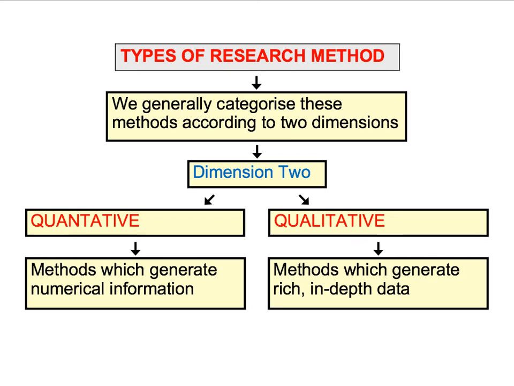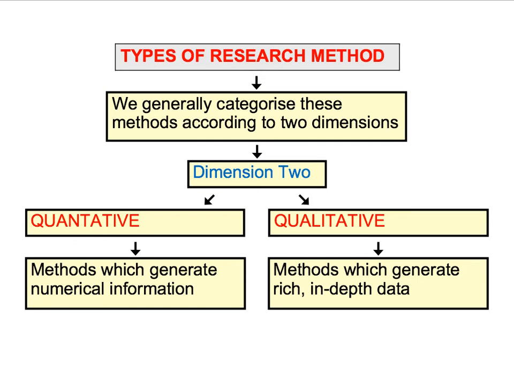Qualitative research methods, in contrast, are those research methods which generate non-numerical data. So qualitative research is about generating rich, in-depth descriptions of social life. So qualitative research methods allow the sociologist to explore the meanings that people give to both their own behaviour and the behaviour of others. And qualitative methods are particularly useful when sociologists need to gather in-depth data from a targeted group of people. So therefore, any research that requires information about people's beliefs, feelings and attitudes is likely to make